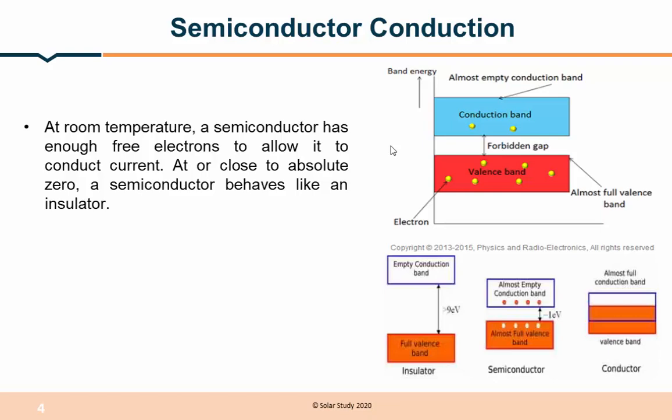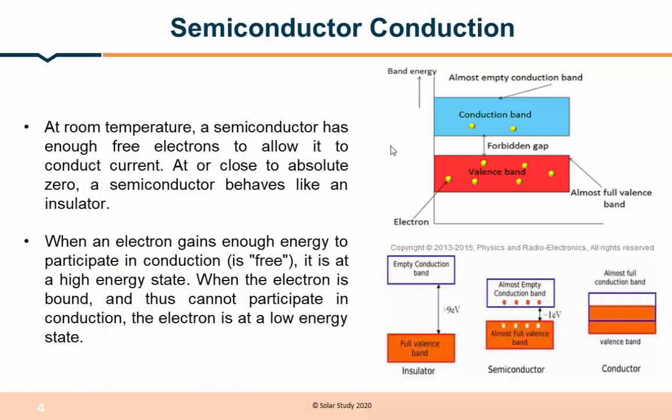Let's see what the types of semiconductor are, how a semiconductor is formed, and what the energy bands are. All that we will see in this lecture. So when electrons gain some amount of energy due to temperature, they start moving. While moving, they give some conduction.